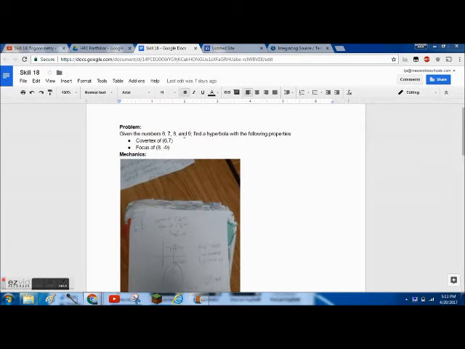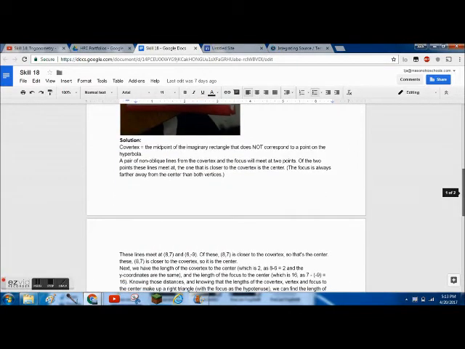Given the numbers 6, 7, 8, and 9, find a hyperbola with the following properties: a covertex of (6, 7) and a focus of (8, -9). Covertex is the midpoint of the imaginary rectangle of the hyperbola that does not correspond to a point on the